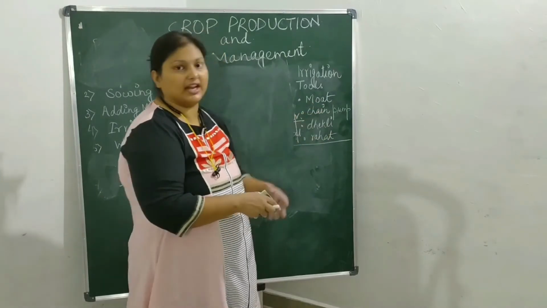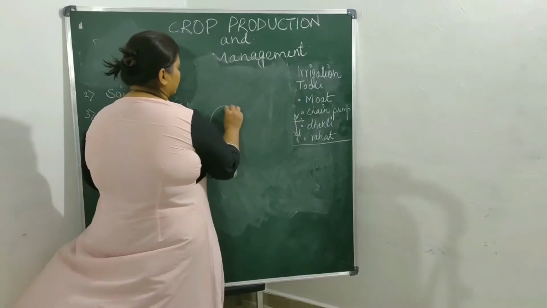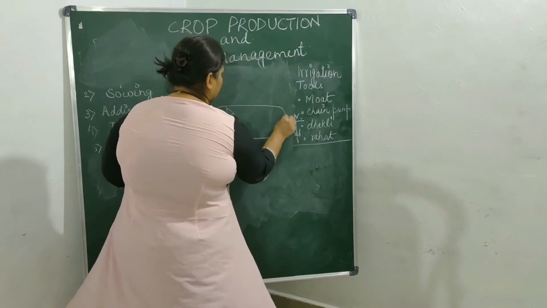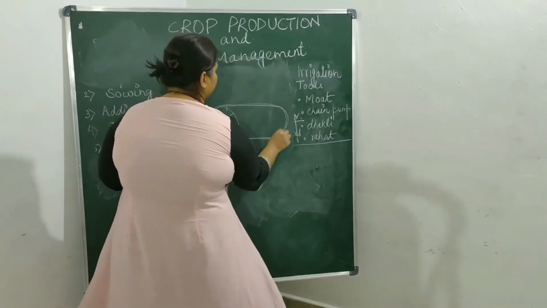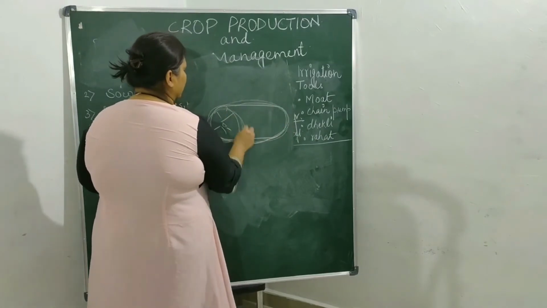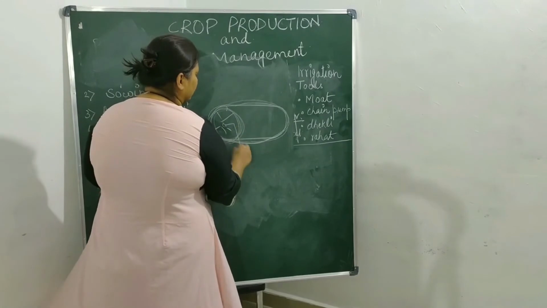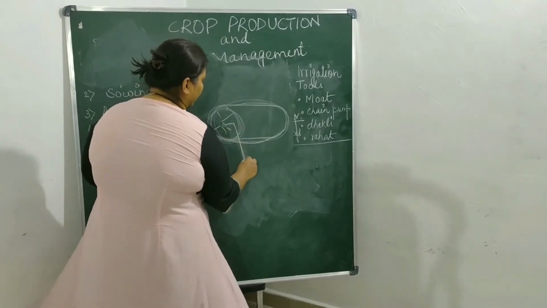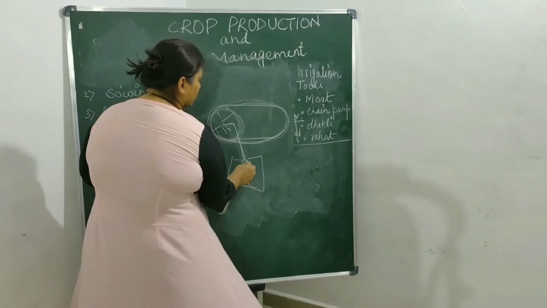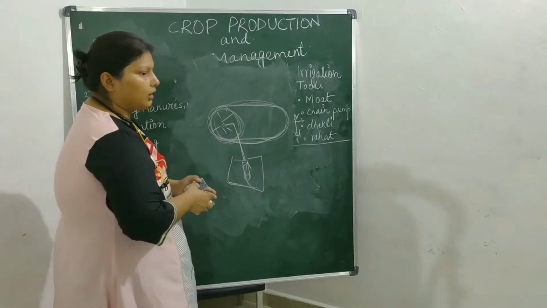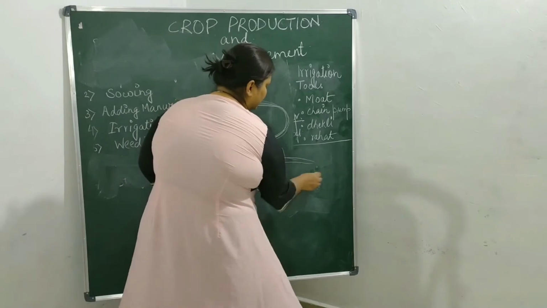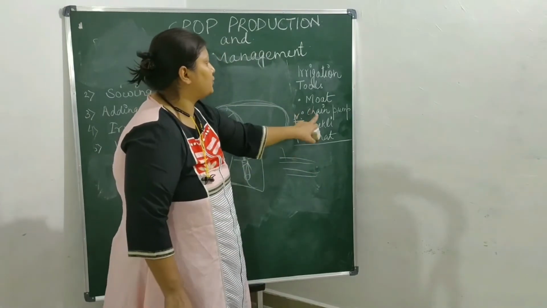Now another one is chain pump. Here there is a wheel structure, and it is joined with a chain. Then this chain is rotating, and this wheel is rotating. By rotating of this wheel, it is joined with a shaft, and this shaft is joined with a pipe which goes inside the well, and it grabs the water and sucks it upside, and this water comes to the field. So this is the process of the chain pump.